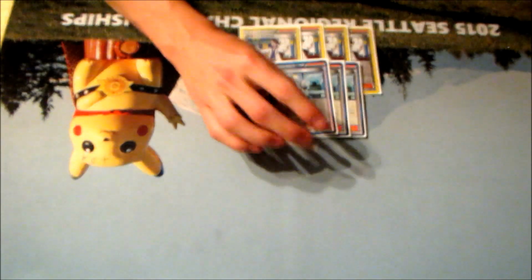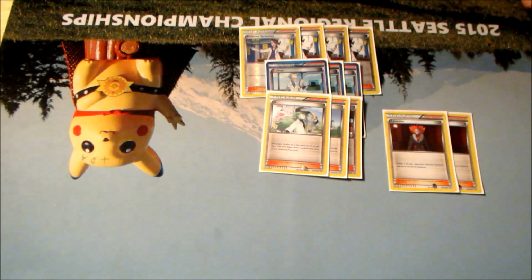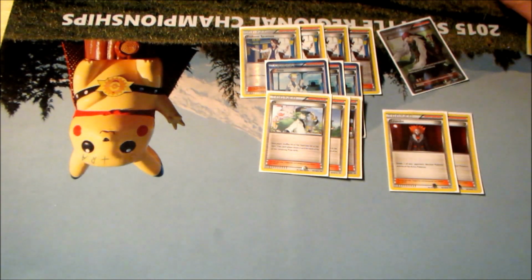Fire Sycamore. Missing 1 holo. Cry. 3 colors. 2 Lysander. 1 AZ. And 3